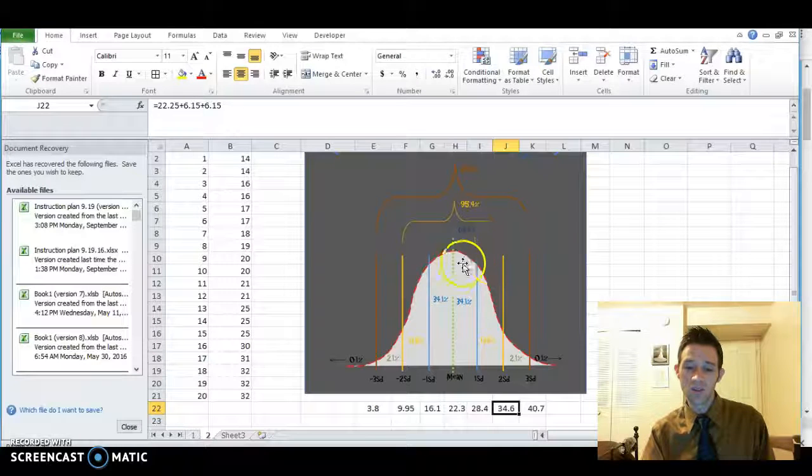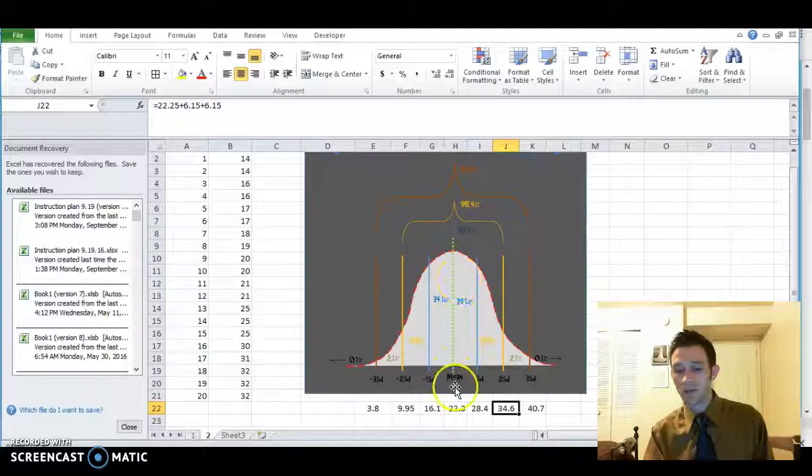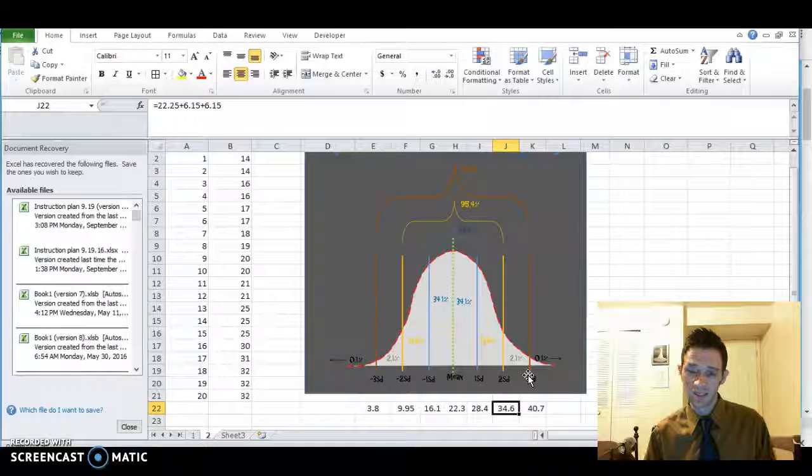I also encourage you to start memorizing these percentages. What is the percentage between the mean and 1, between 1 and 2, between 2 and 3, because they're never going away as long as you do statistics. And if you memorize them, they make your life very, very happy. One final